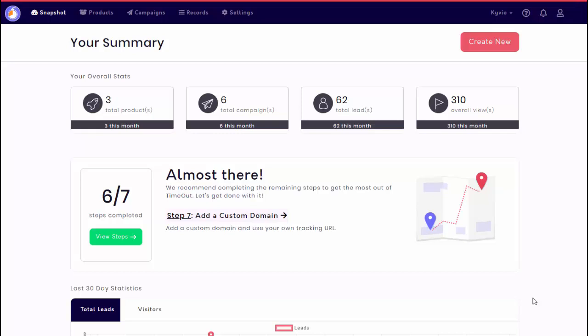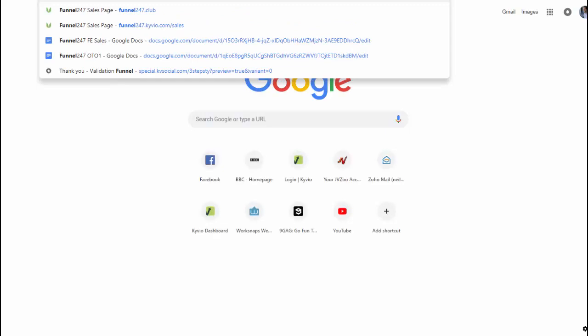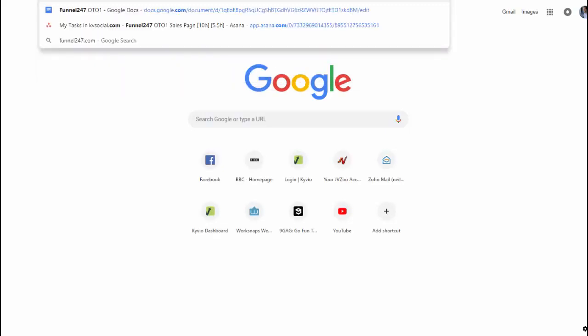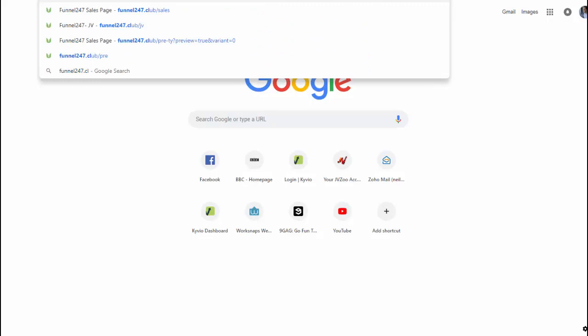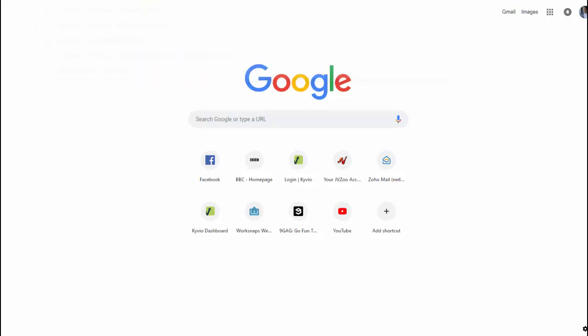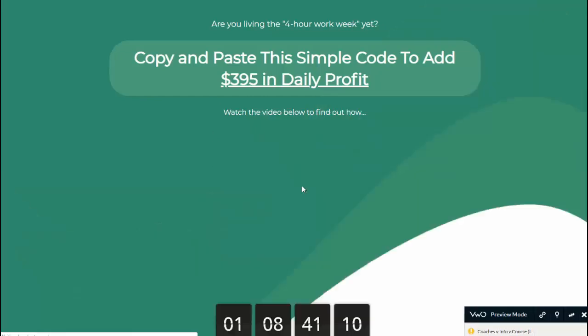Now before I get to that, first I want to show you the end result that you can expect from using timeout. So what I'm going to do is show you what a typical countdown timer looks like. So let's just jump on over to Funnel247.club, where we have the timer installed at the moment. A different timer, rather a simpler timer that came with our autoresponder application. Now that's our funnel builder rather. Now that's quite a simple timer, and as you can see, this is